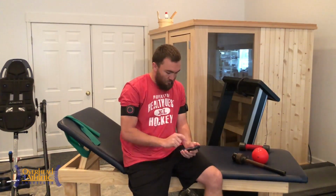Now they have a BFR screening on here, which will basically tell you whether you should proceed with caution, or whether you may not be a good candidate for BFR if you have any of the contraindications. We've gone through that. I don't have any contraindications, so I'm just going to proceed to the automatic pressure mode,